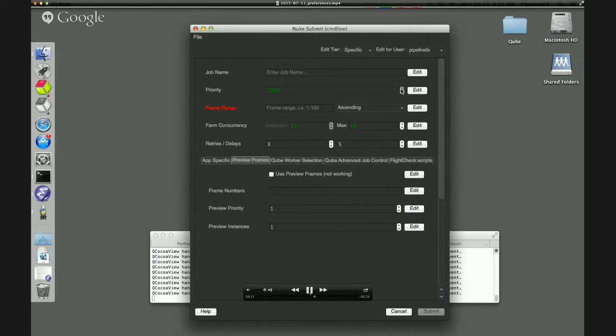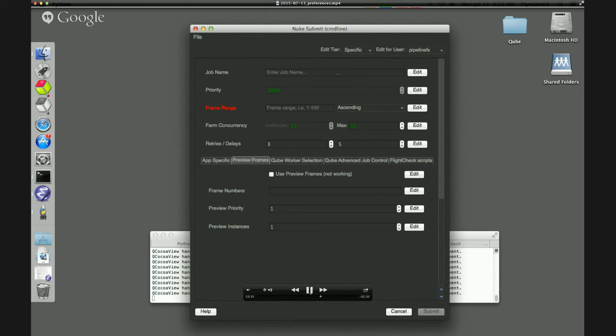I can remove the mandate if I've selected the level, the preference level, which is the combination of the tier and the user. If I've selected the level at which the mandate has been set, then I can change the mandate. If I haven't selected that level, then I can't change the mandate. In other words, once a mandate is set, it can't be removed unless it's removed from the same level at which it was set.